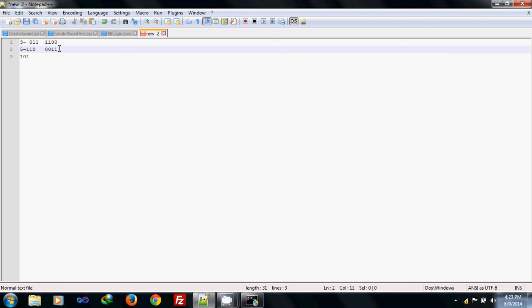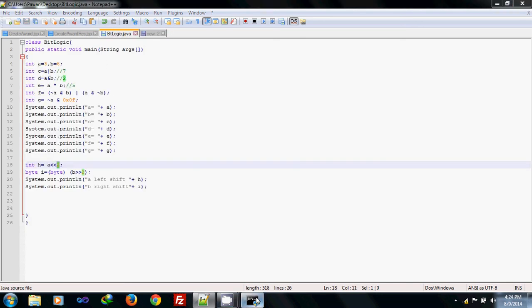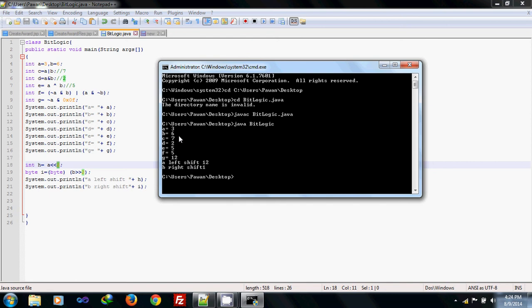And for the right shift, one more. Sorry, it would be 0. Actually it would shift right by 1. After shifting this, it would be null. So there would be a loss of 1, and 1 would move to this position and the rest would become 0. So it would be 1. Okay, so this is how the program works with bitwise operators.